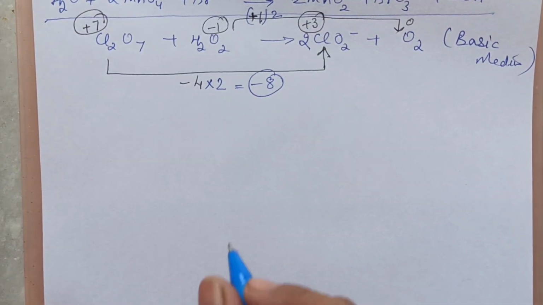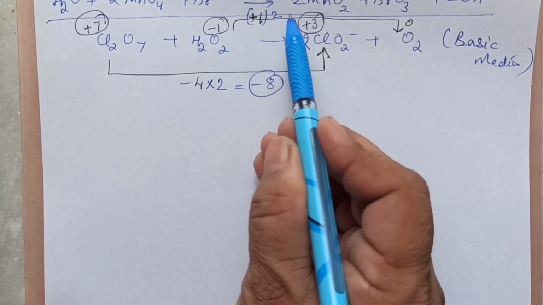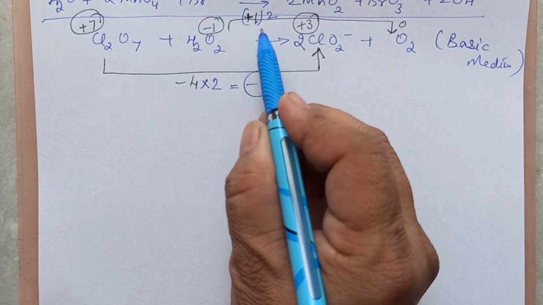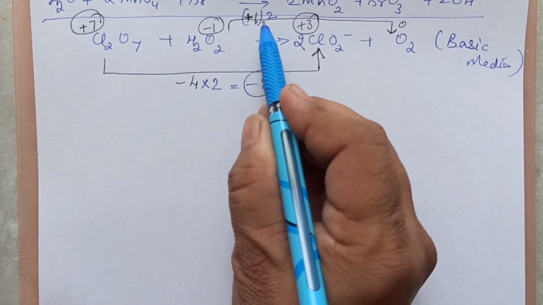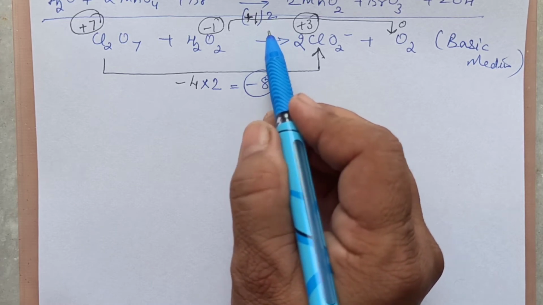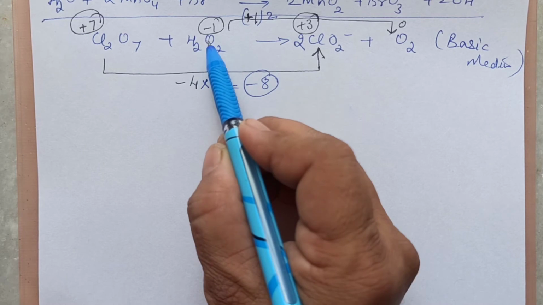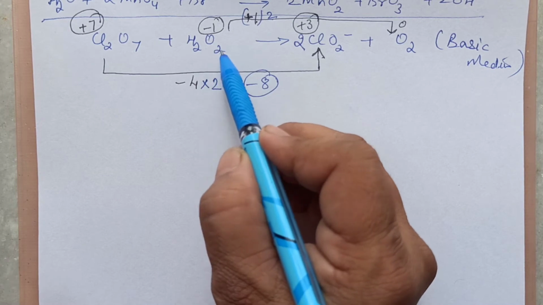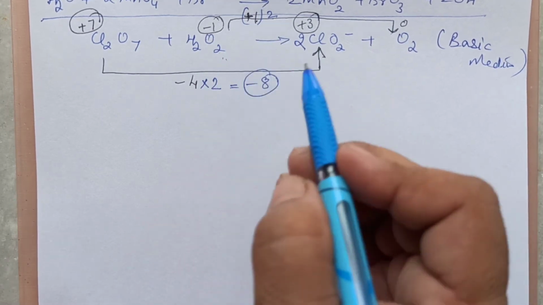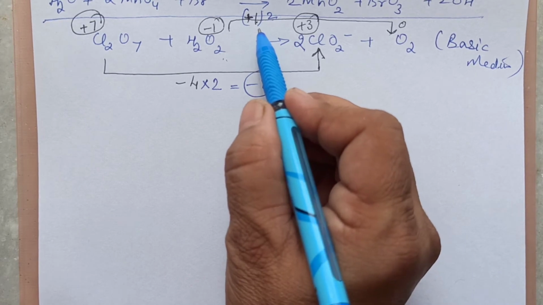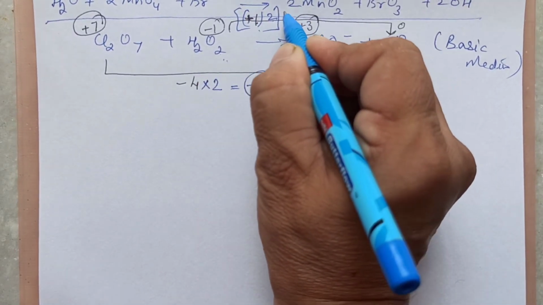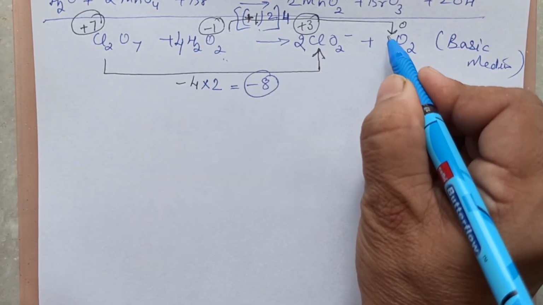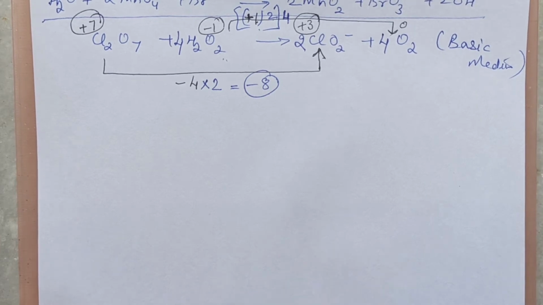Now, we have to make increase equal to the decrease. This increases by 2 and decreases by 8. That means we have to multiply the upper one with 4 so that you have increase also by 8. Did you follow that? That 2 I wrote because there were 2 oxygen atoms. For 1 oxygen atom, minus 1 became 0. Because there are 2 oxygen atoms, first we do that. Then decrease is by 8. To increase, we have to multiply this whole equation by 4 now. That means I will be writing the coefficients 4 and 4 before them.